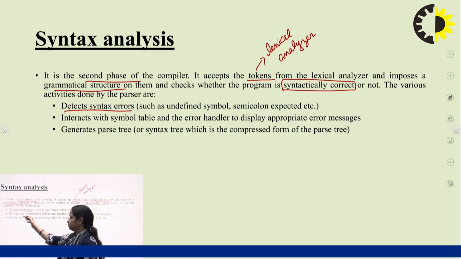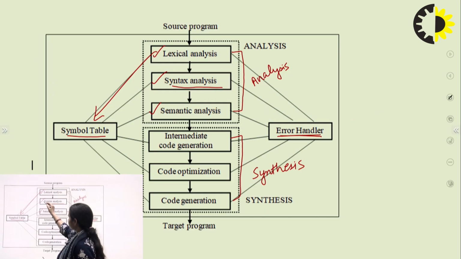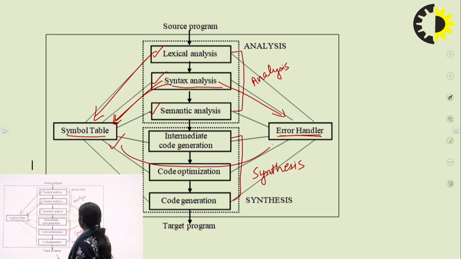Then again, since every phase interacts with the symbol table as well as the error handler, first it interacts with the symbol table. Whatever the symbol table suggests is then told to the error handler. If it is erroneous data, the error is delivered to us as an error message.